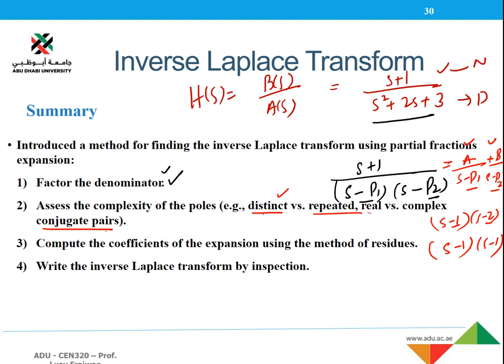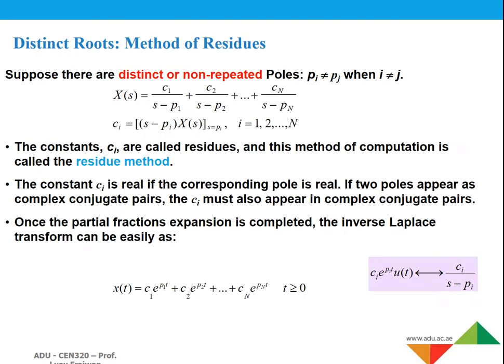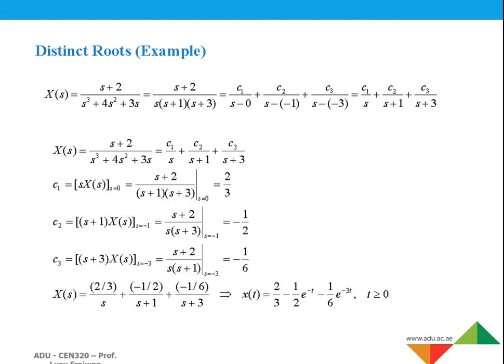So this is the same procedure we did earlier. Do the factorization, write the denominator in linear form, check the pole properties, calculate the coefficient values, and then apply the pair technique, and we will get the inverse Laplace transform of our system. There are different examples, and we will solve them in the live session.